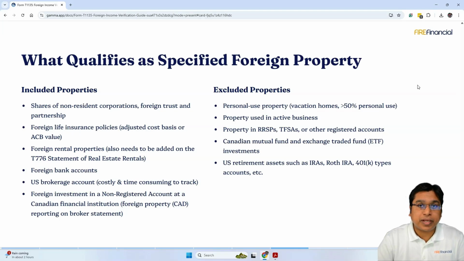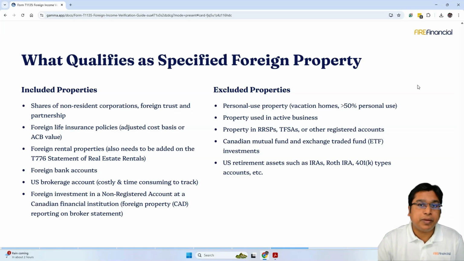The Canada-US treaty says that you are supposed to have the brokerage account or the taxable account in the country of residence. The problem happens when somebody has a US brokerage account and there are securities like investment in Apple, Google, or any ETF that are US stock listed. Those are supposed to be added in T1135.